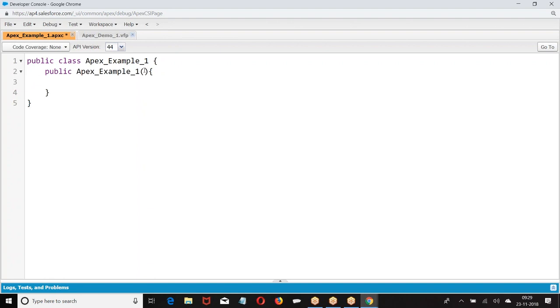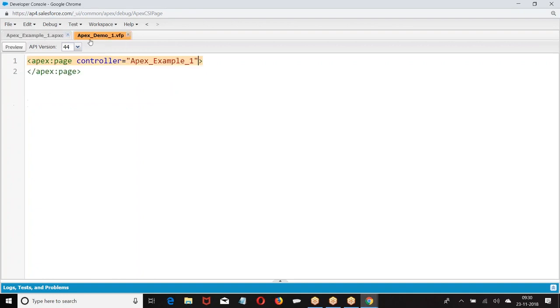Now I have a constructor with a string name. If you want to invoke any Apex class in the VF page, that class constructor should not have any parameters.